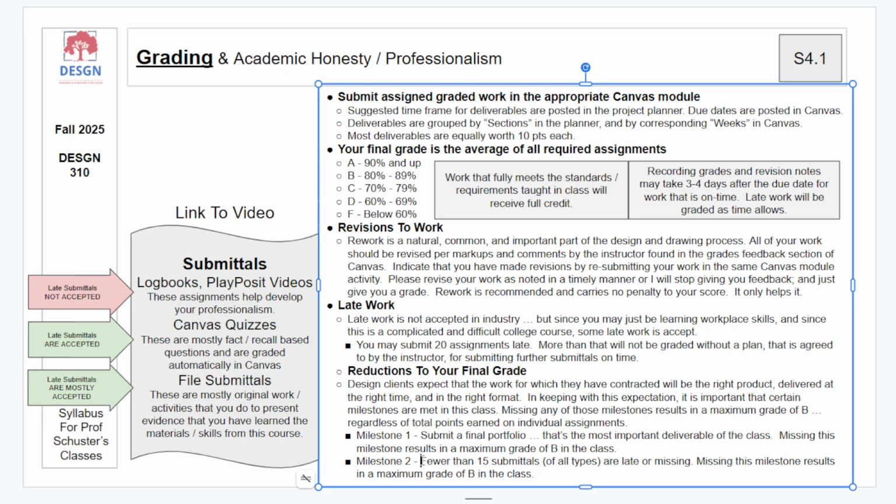The next one is fewer than some number. You'll read your specific syllabus. In Design 310, it's 15 submittals.